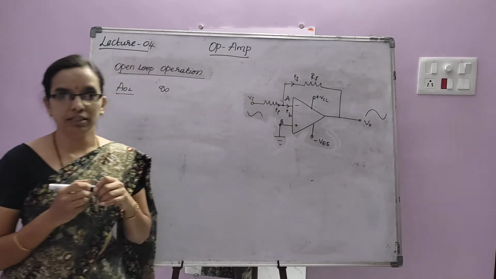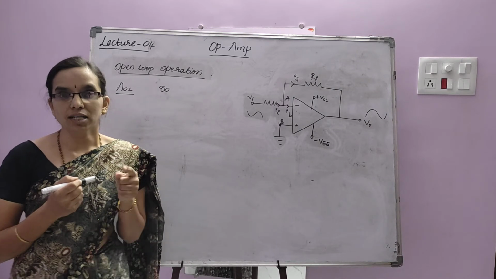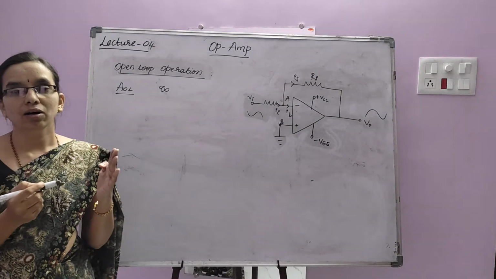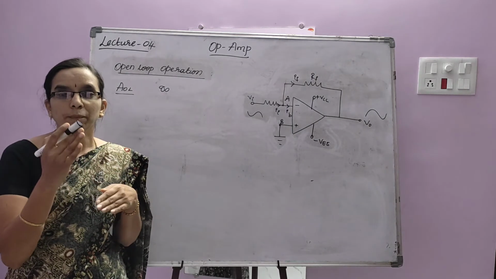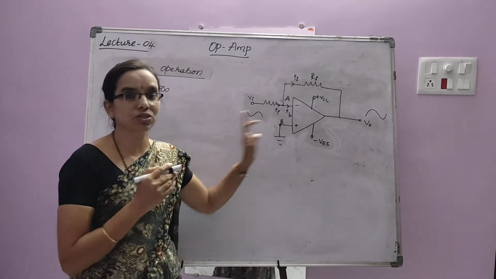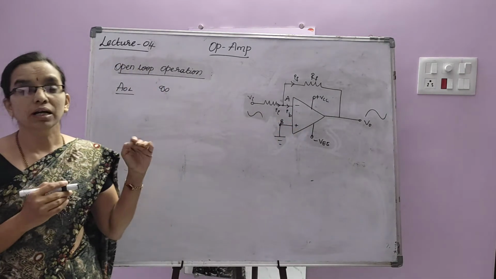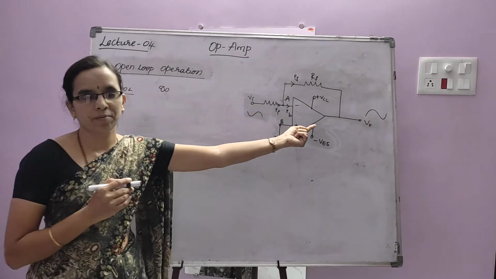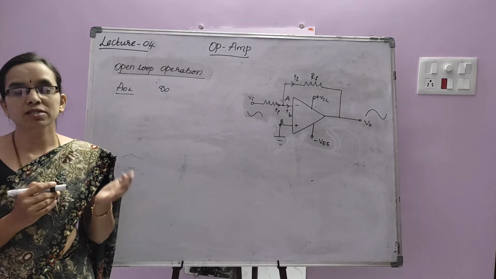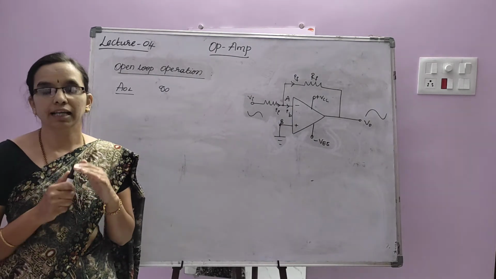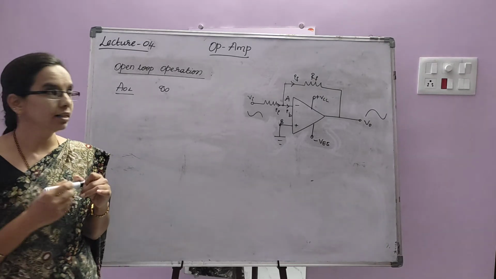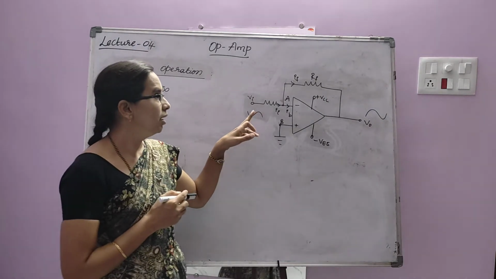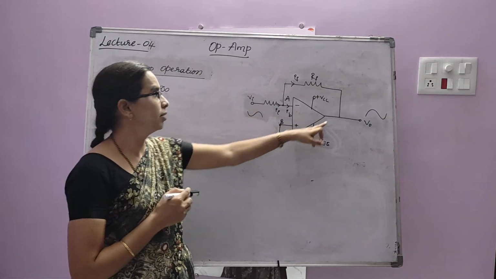The op-amp's power supply voltages will be plus VCC and minus VEE. Therefore, whenever a larger voltage is applied to the open loop op-amp, the output can amplify only up to the saturation level. These two are the saturation level voltages of the op-amp. The output cannot exceed these voltages. Therefore, we may have clipping of signals at the output, which can be avoided by inserting negative feedback in the op-amp. See, this is the op-amp with negative feedback.